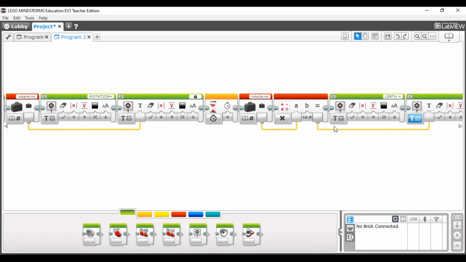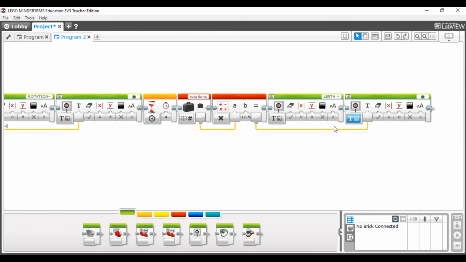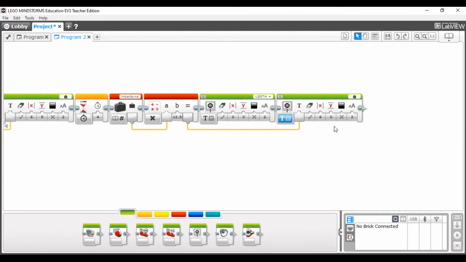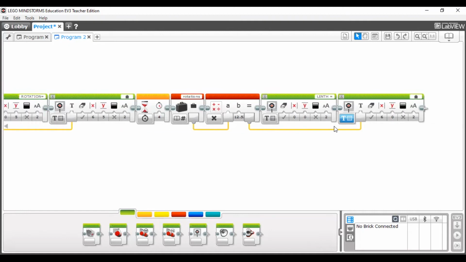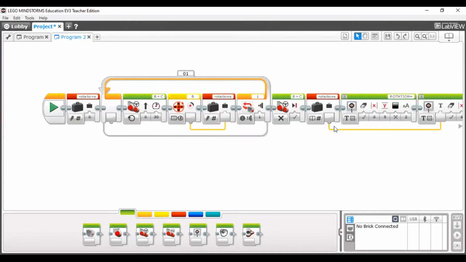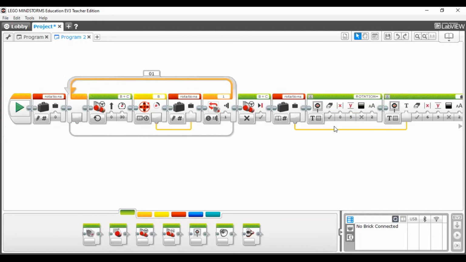And after that, we know one rotation equals some centimeters, 12.52 or something. Okay, so we are giving that variable to A and multiplying by 1 rotation length, then we will get the final result. So this is our program, students. Okay, now using this one we can simply calculate the length of the room.